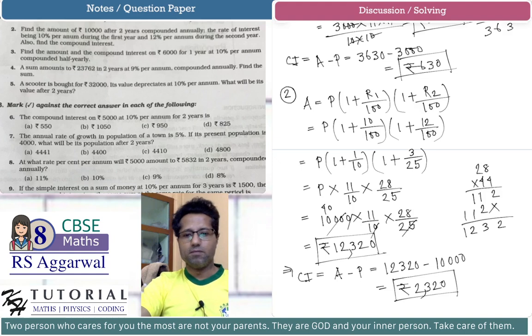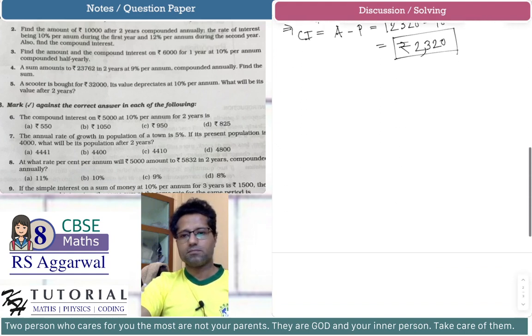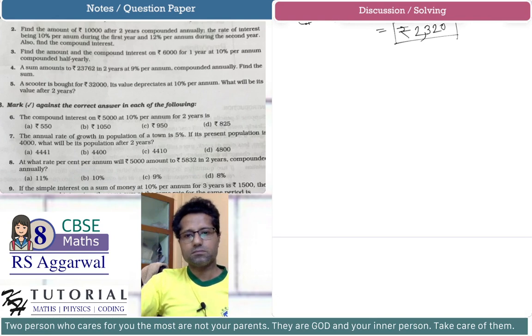Okay. Let's do problem number 3. Find the amount and the compound interest on rupees 6,000 for 1 year at 10% per annum compounded half yearly. So this time in this problem U is 6 months. Now whenever U is 6 months, you should get used to that whenever U is 6 months,